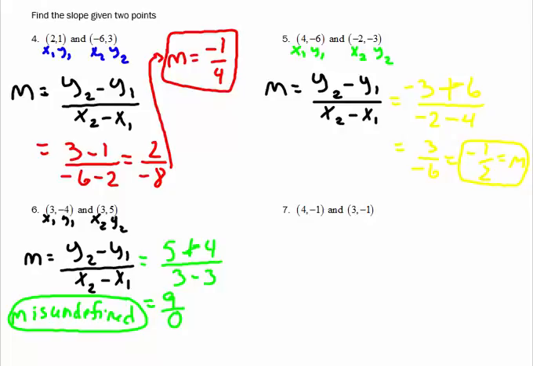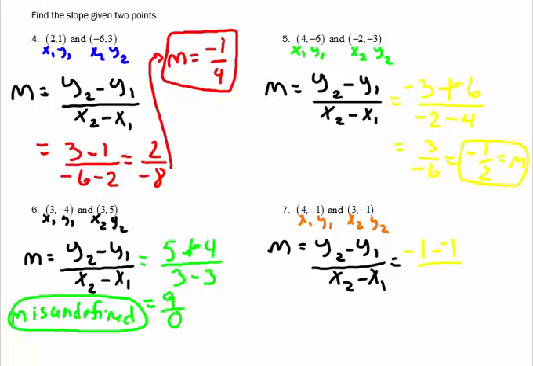So number 7. Label these points, x1, y1, and x2, y2. Using our formula for the slope equaling y2 minus y1 over x2 minus x1. Well, y2 is negative 1 minus a negative 1. So negative 1 minus a negative 1 all over 3 minus 4. Again, that's going to turn into a plus sign, so negative 1 plus 1 is 0, and 3 minus 4